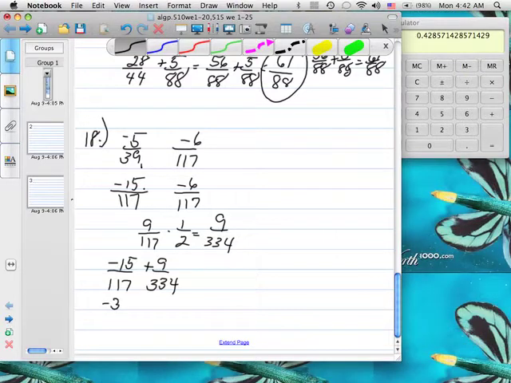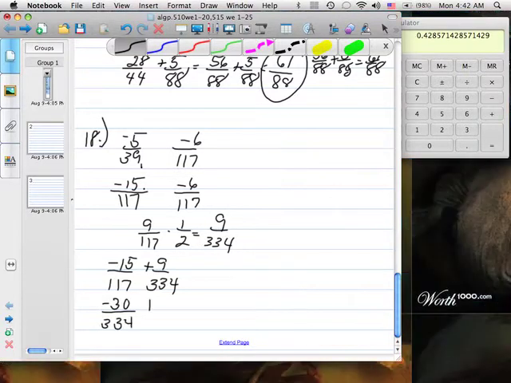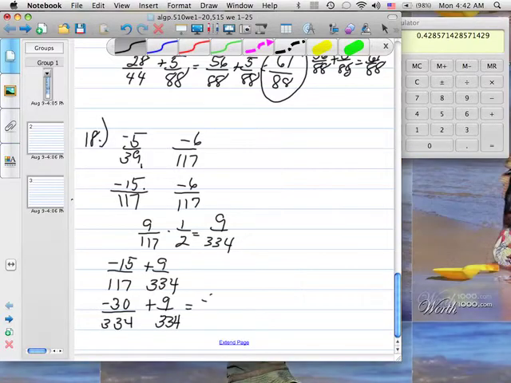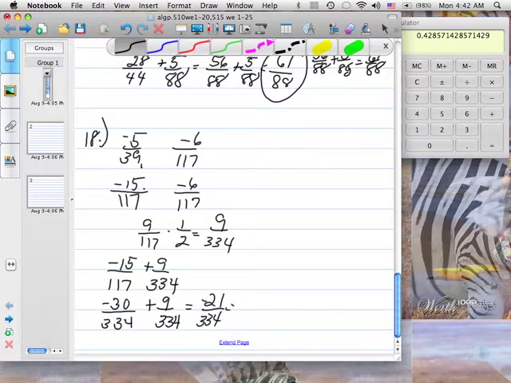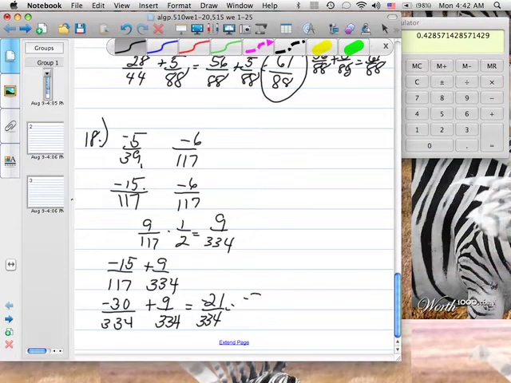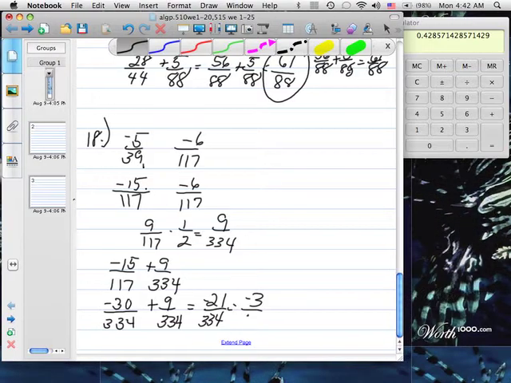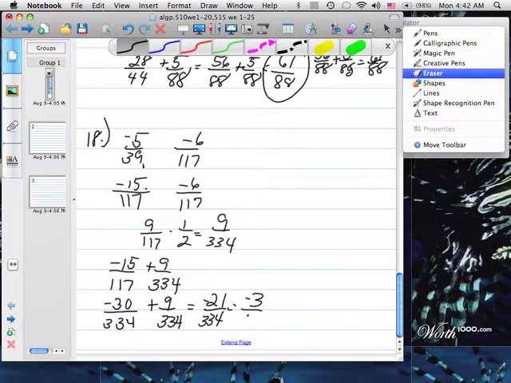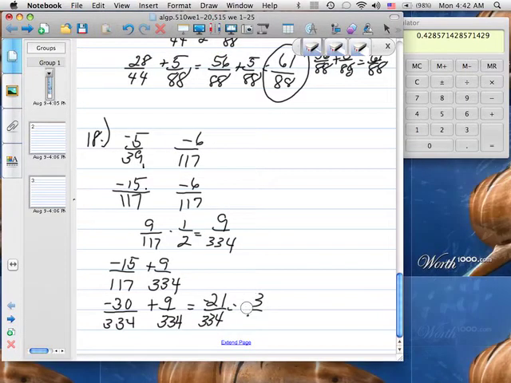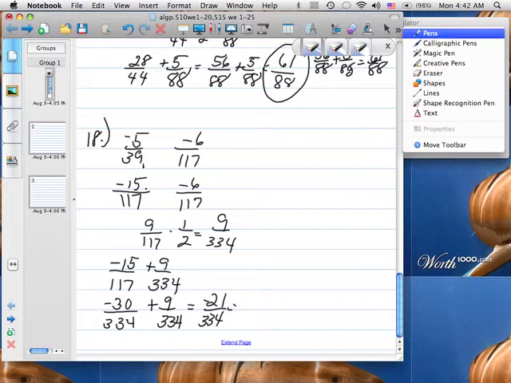So they have the same denominator. It'd be -30/334 plus 9/334 gives us -21/334. So if we divide by 7, we get -3 over, excuse me, if we divide by 3. As 3 goes in,